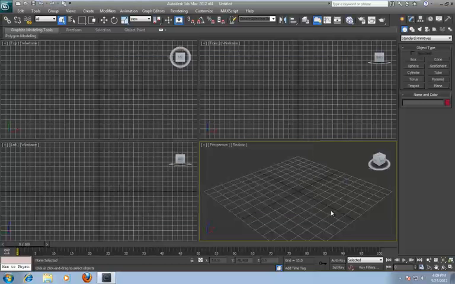So the first thing is we're going to do some custom keyboard shortcuts. So if you use Q, W, E, and R to switch between your select object, move, rotate, and scale, you may find that if you keep hitting it to toggle, so I'm hitting Q at the moment, you'll see that the selection region actually changes every time you hit Q. Now that I find very annoying. If I want to change the type of selection mode I'm going to use, I will do it manually,